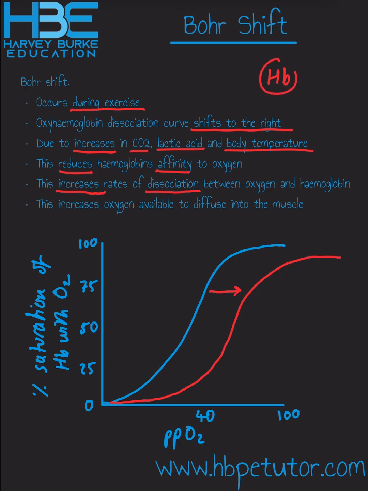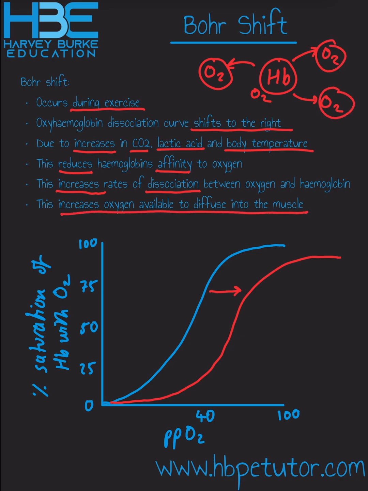So let's say this is a hemoglobin protein. If rates of dissociation increase, it means that that hemoglobin is letting go of even more oxygen than it usually would. And this is a good thing because it means that all this oxygen now is available to diffuse into the